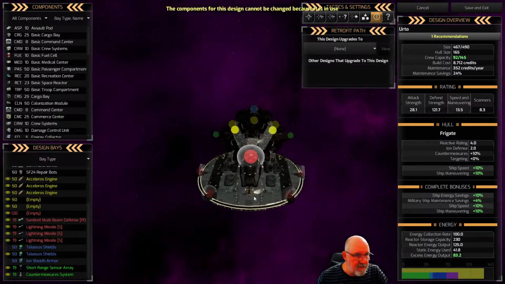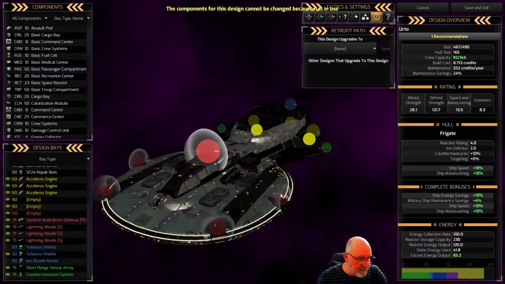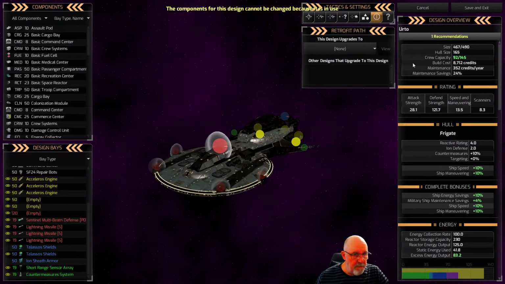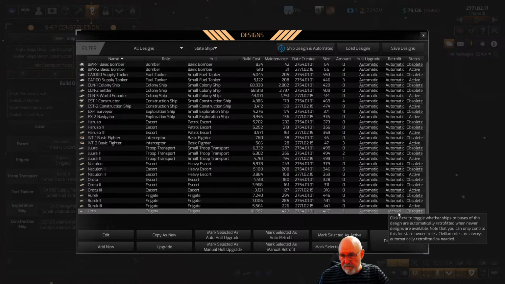So this one is actually a special ship that we found in space, and so it will know not to do that one. We'll just go and cancel that one there. This one here does not retrofit by default because we actually found it. So we can click on that one and make it automatic, and it will then